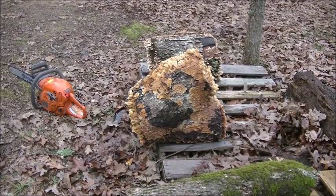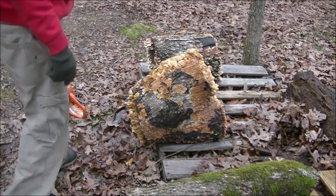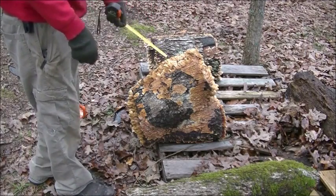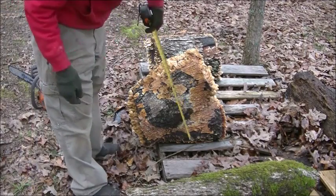What we got right here is a big old red oak crotch. Pretty sure it's red oak. It's been sitting out here a year or so in the weather. And I'm going to attempt to split it right down through here. It's got, I guess those are mushrooms of some sort. I don't know what they are, but it looks like it's,